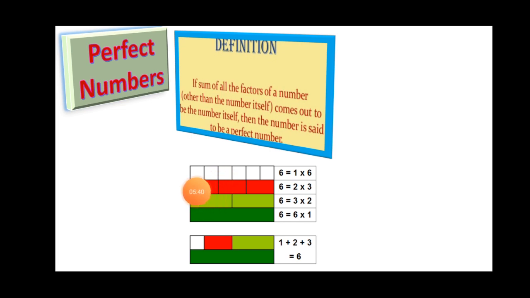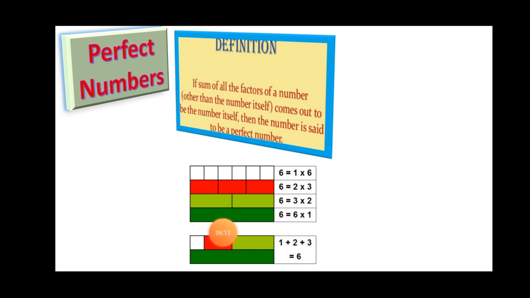So by considering 3 white color boxes, we have got one portion of light green color formed. So from the total 6 boxes of white color, how many such portions of light green color will be formed? So how can we express it? By considering 3 boxes of white portion, we can form 2 portions, that too of light green color. So we can write it as 3 into 2.